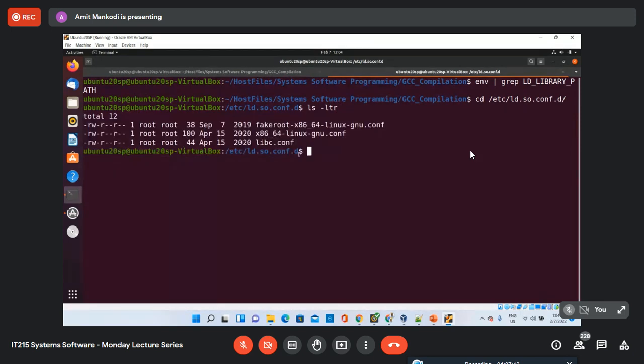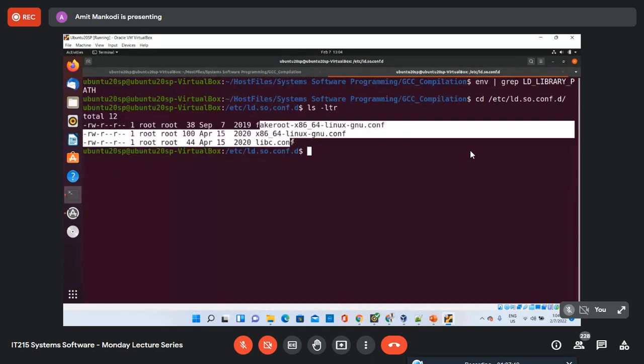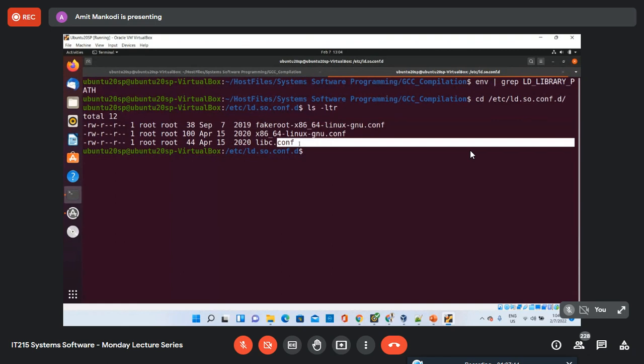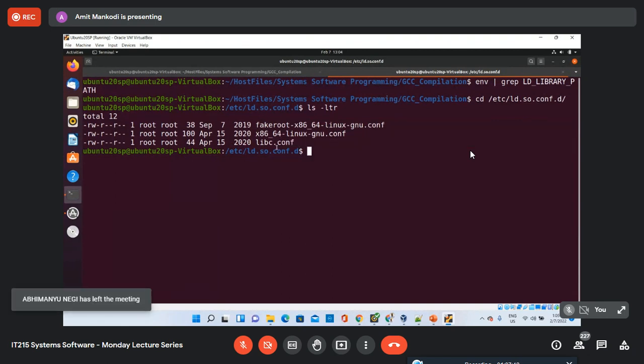Now, it has these three files, and they have the extension conf. These conf or configuration files have the list of folders where the operating system should also look for the library file, in addition to /usr/lib.